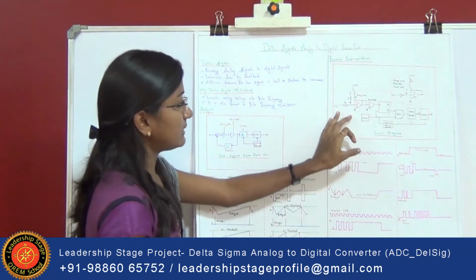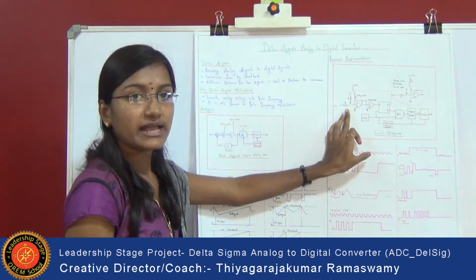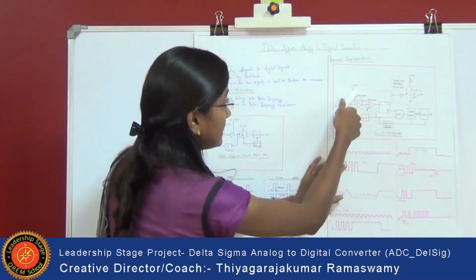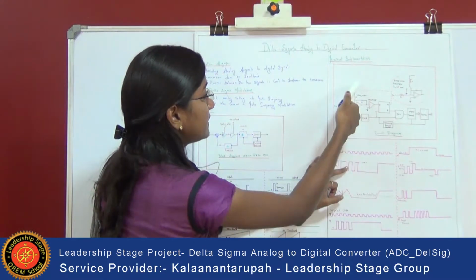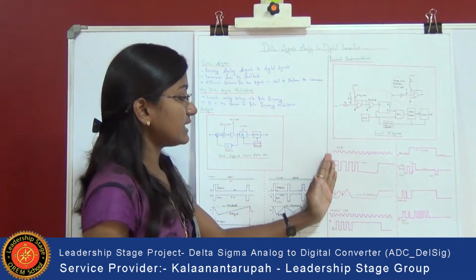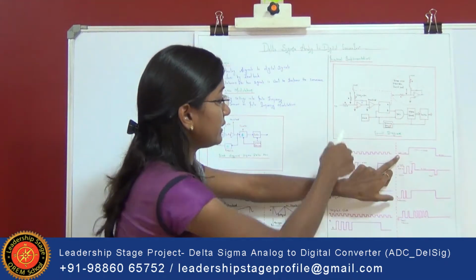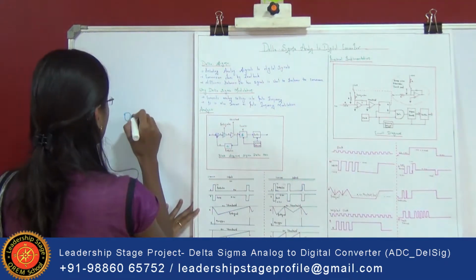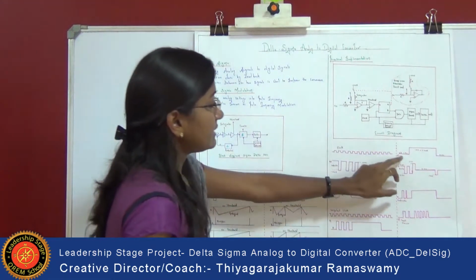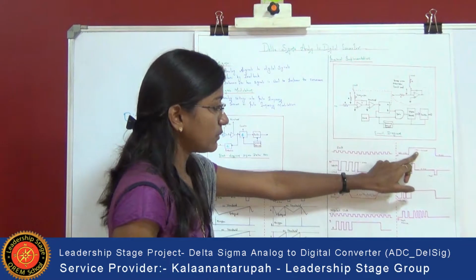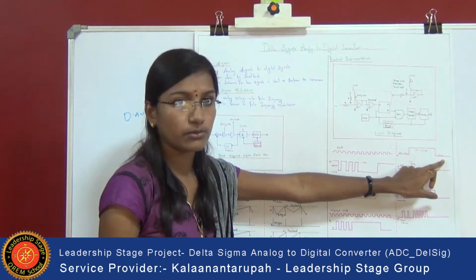Coming to the practical implementation, here we are going to apply an input voltage of about Vin, and the current flows to the resistor from the V reference voltage. First, here we are going to apply a clock signal. So first we are going to give the input voltage as 0.4 volt. And it goes to the positive voltage level of about 1.0 volt, and it falls to 0.0 volt.